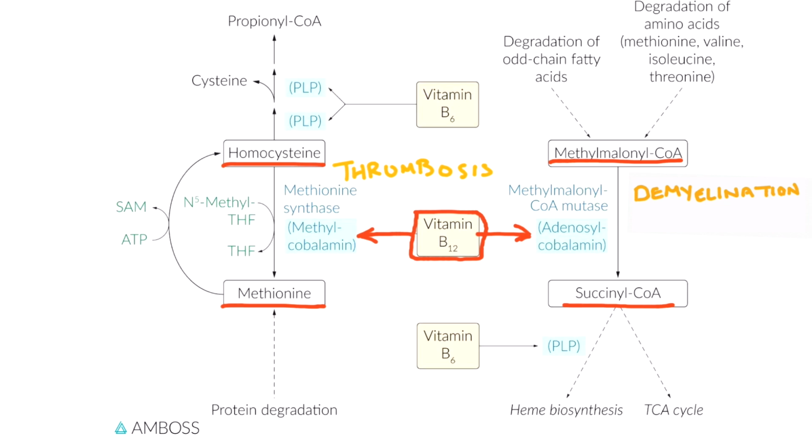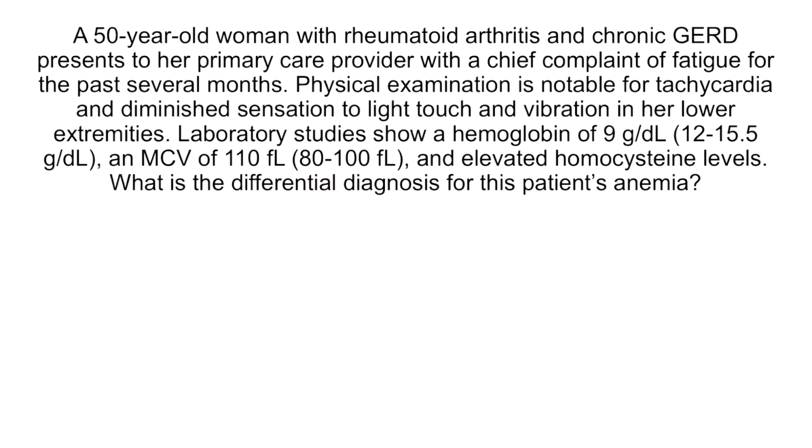This can lead to neuropathy, dementia, and involvement of neuronal pathways in the spinal cord. We'll discuss the clinical manifestations in detail in the upcoming slides. A 50-year-old woman with rheumatoid arthritis and chronic GERD presents to her primary care provider with a chief complaint of